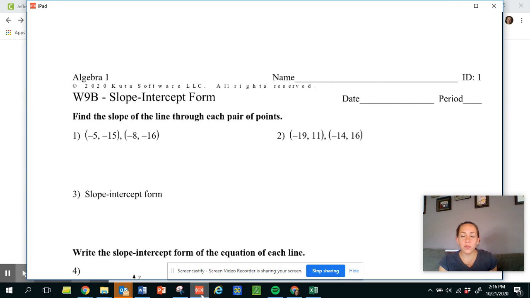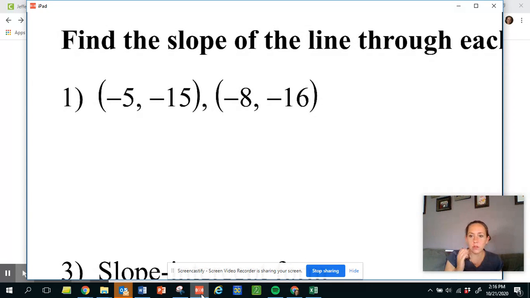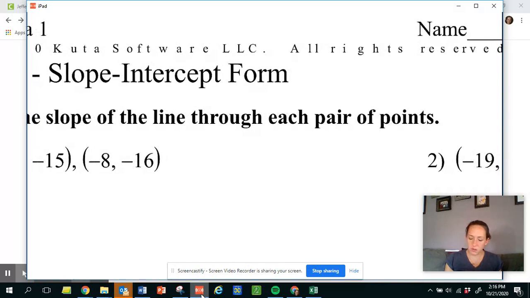Hi guys. So for the second half of the week, we're going to actually look at slope-intercept form of a line since we've been looking at just the slope so far. So first, I want to go over the new thing we introduced last week, which was getting slope between 2 points. So if you remember, that is a formula